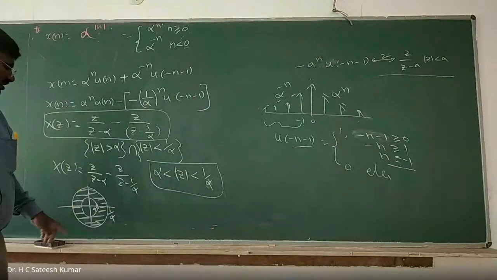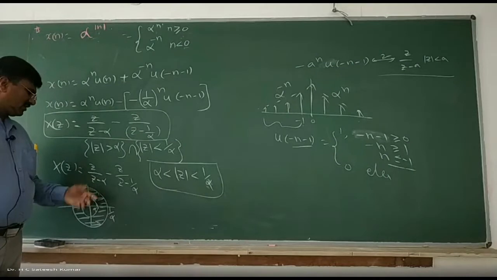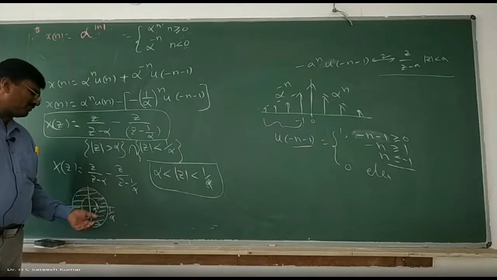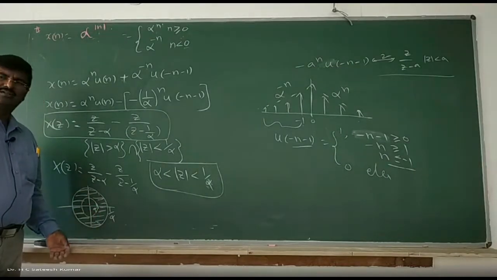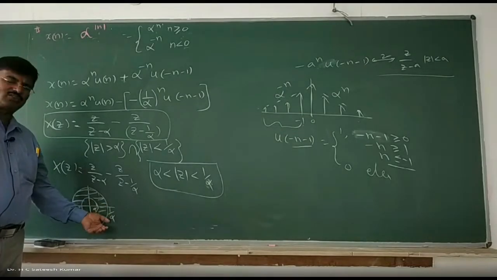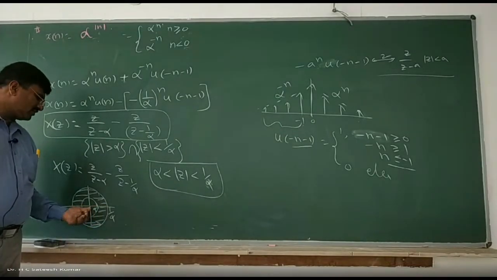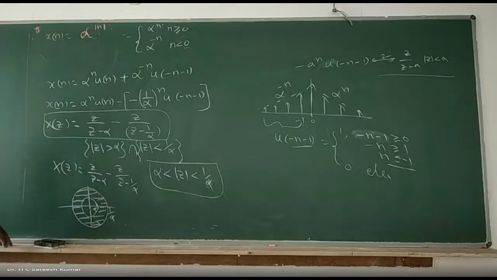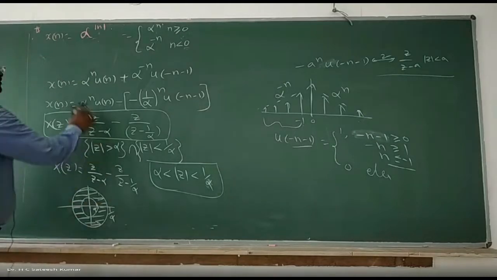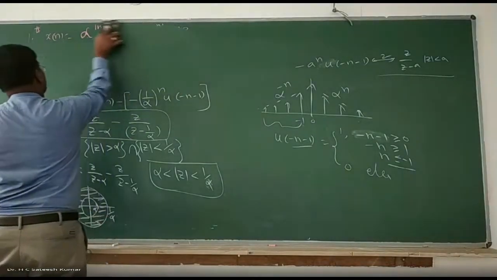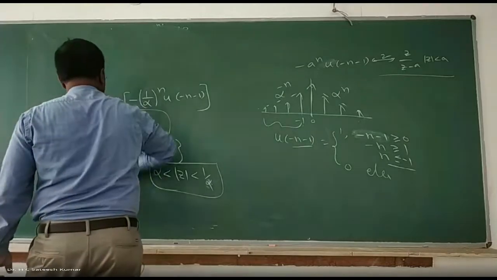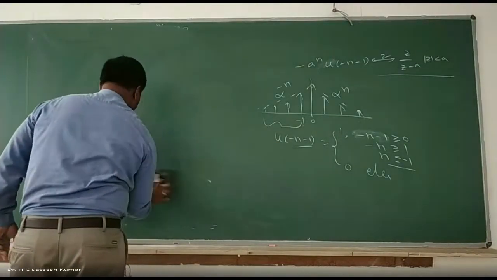Some students used to ask, sir, how come alpha is less than 1 by alpha? Let us see: if we take alpha equal to half, 1 by alpha is 2. So therefore, one is outside, one is inside. Don't think that alpha cannot be less than 1 by alpha. Alpha can be lesser compared to 1 by alpha, for example if the magnitude of alpha is less than 1, like half. This kind of problem we have also seen in the examination. Still a few more varieties of problems we can check out.